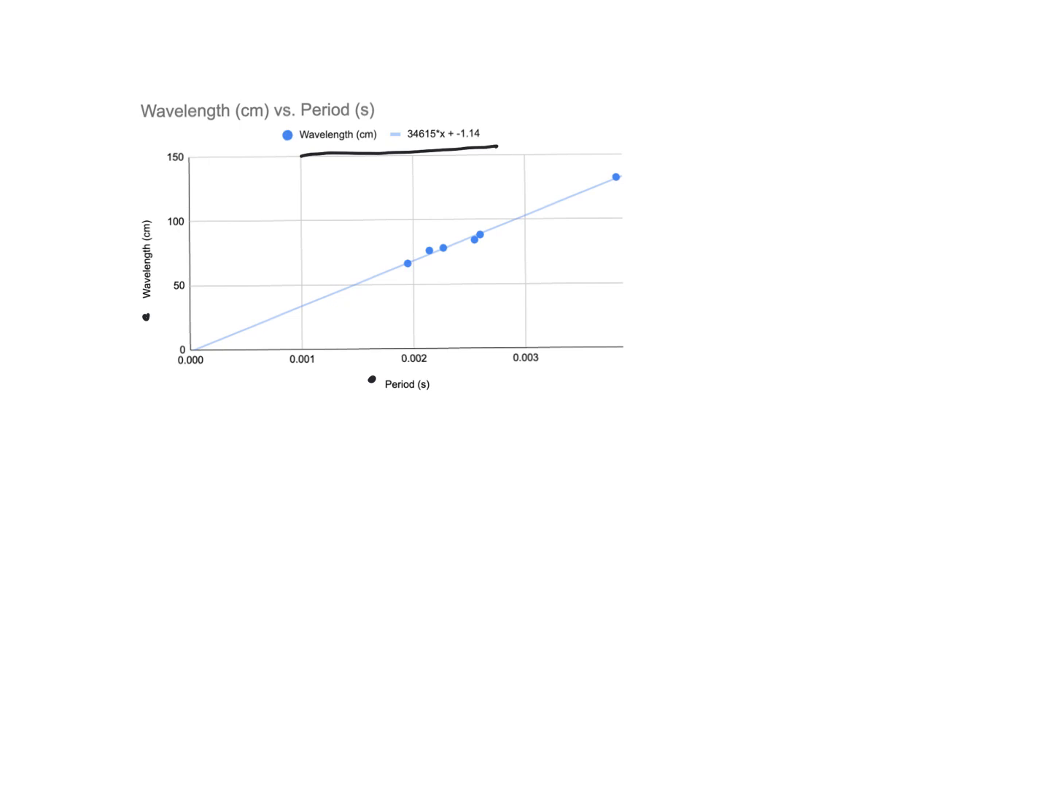Question number 1 asks, what is the numerical value of the y-intercept and what does that mean? So when I look at my graph, it looks like my y-intercept is about 0. If I actually look up at my data table, I'm getting negative 1.14. The unit for that should be the unit that is on the y-axis, or centimeters. Having a y-intercept of a small number, either positive or negative, is not unusual because this data is really hard